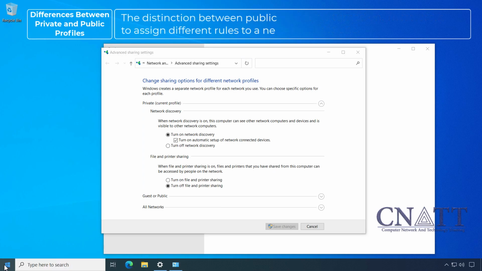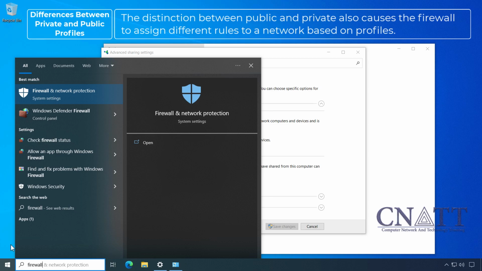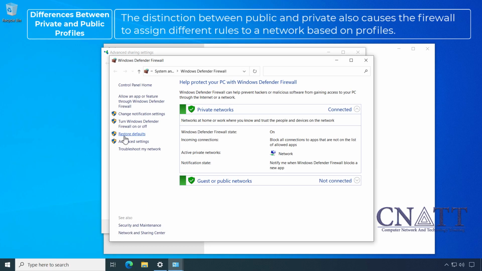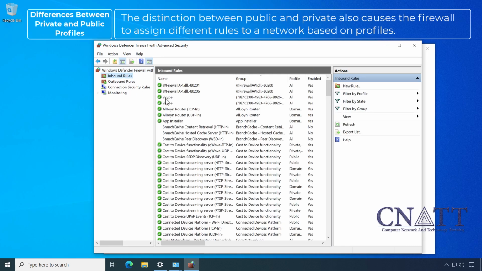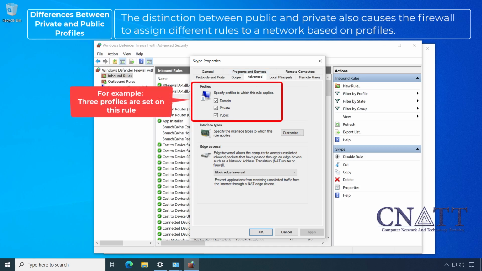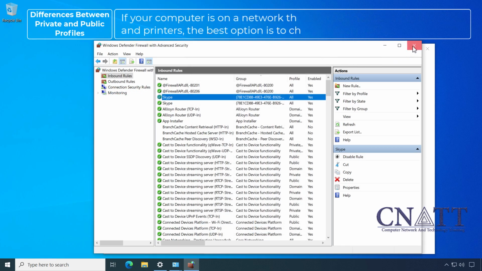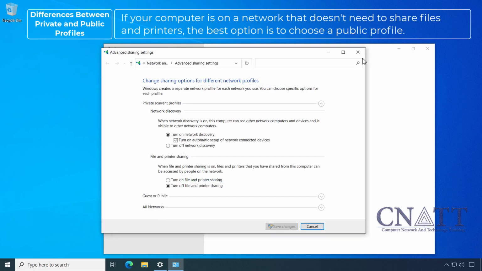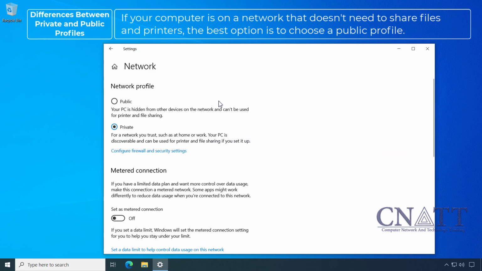The distinction between public and private also causes the firewall to assign different rules to a network based on profiles. If your computer is on a network that doesn't need to share files and printers, the best option is to choose a public profile.